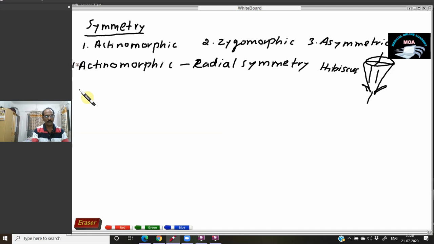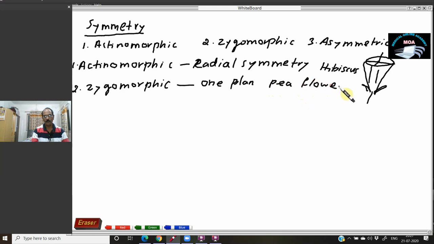Number 2 is the zygomorphic flower. Zygomorphic means the flower gives two equal parts when cut along only one plane. For example, clitoria, called Krishna Kamal in Marathi, gives two equal parts when cut along only one plane. All the pea plants are examples of this, with pea flowers in axillary distribution. Actinomorphic means it can be cut along any radius or any plane, while cutting along only one plane to give two equal parts is a zygomorphic flower.